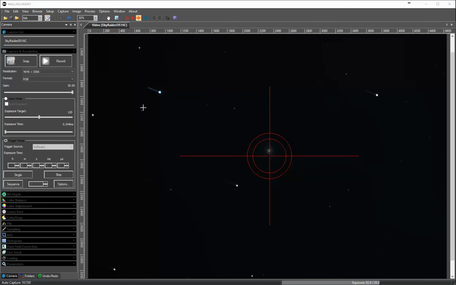That's pretty close to being centered. I'm going to sync on it. Telescope synced. Let's see what else is. I want to kind of get away from the moon. Let's go to